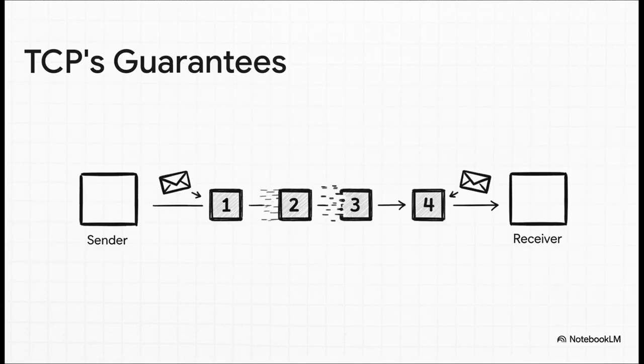And this is where TCP gets a little obsessive, but in a good way. It acts like a meticulous shipping clerk. It slaps a sequence number on every single packet so they can be put back together in the right order. It waits for a delivery receipt for every packet it sends, and if that receipt doesn't show up, it just sends a replacement, no questions asked. It even checks to see if the other end is getting overwhelmed and will actually slow down to prevent a traffic jam. That's what we mean by guaranteed delivery.